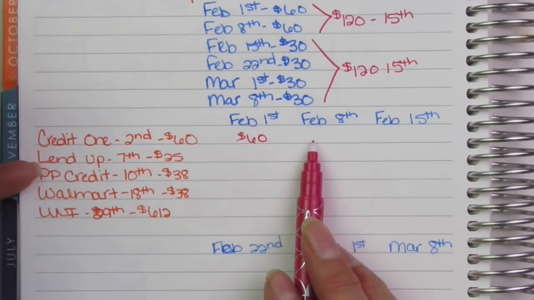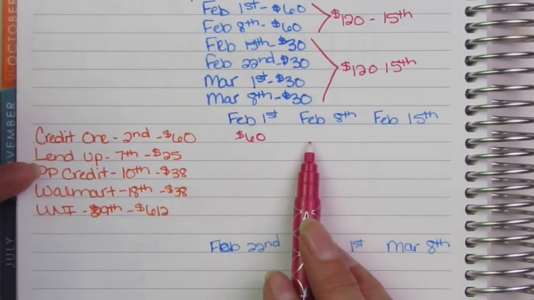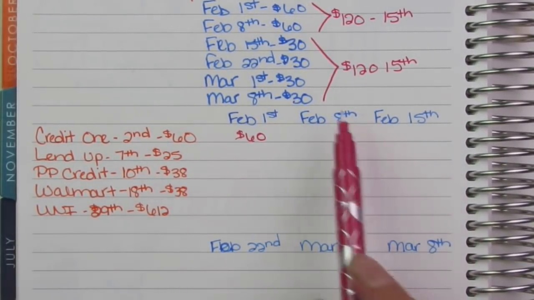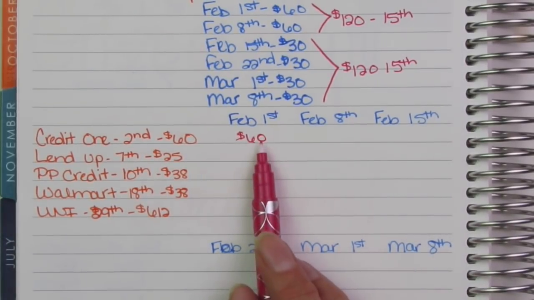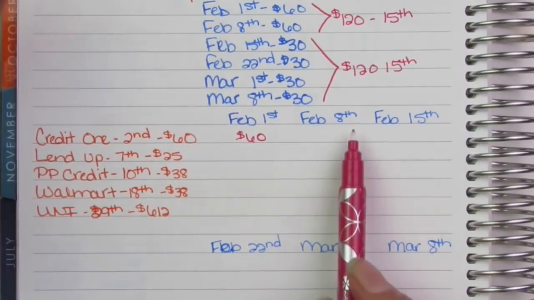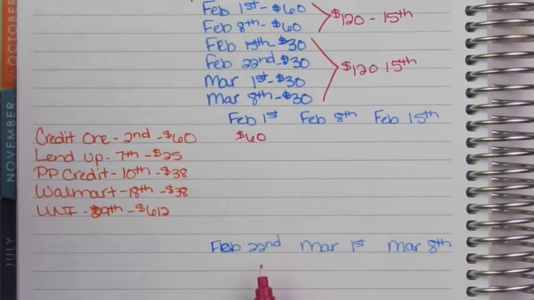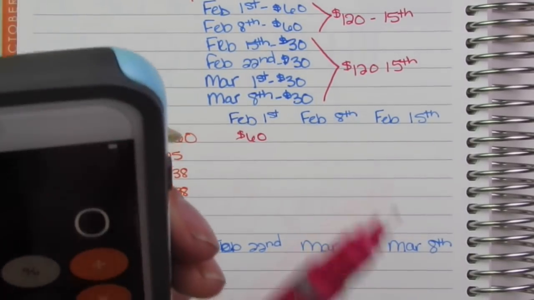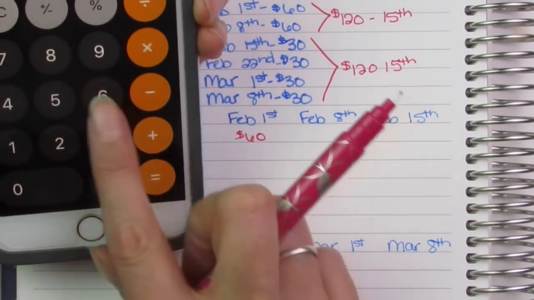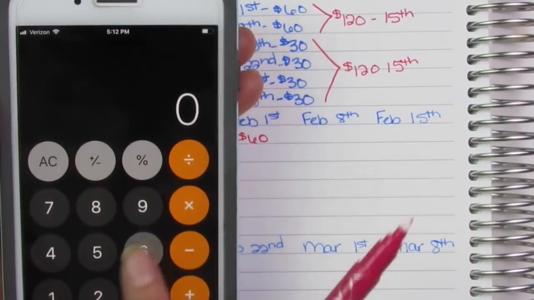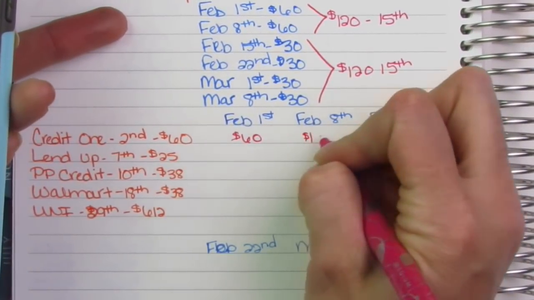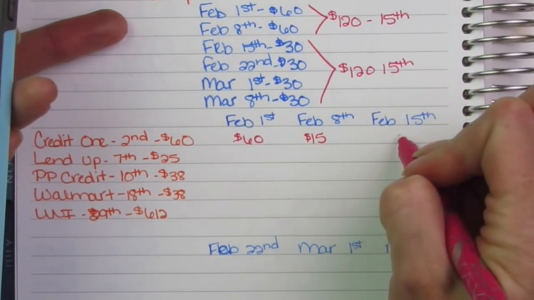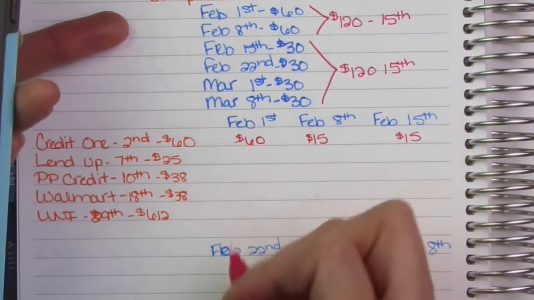And then on February 8th, you can now split that up between 4 paychecks because you've paid this entire amount. So then you're going to have the 8th, the 15th, the 22nd, and March 1st, all four paychecks before that's due again. So you would take that $60, divide it by 4, and your payments from now on are going to be $15 a week is what you would have to take out